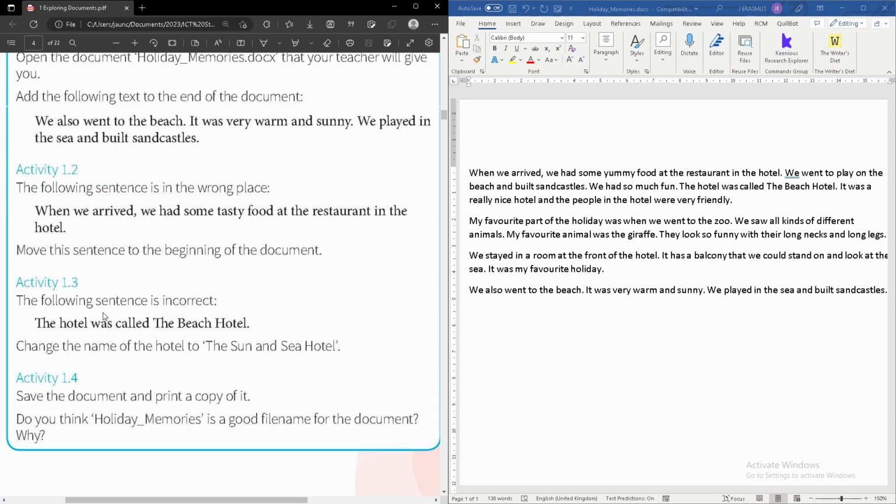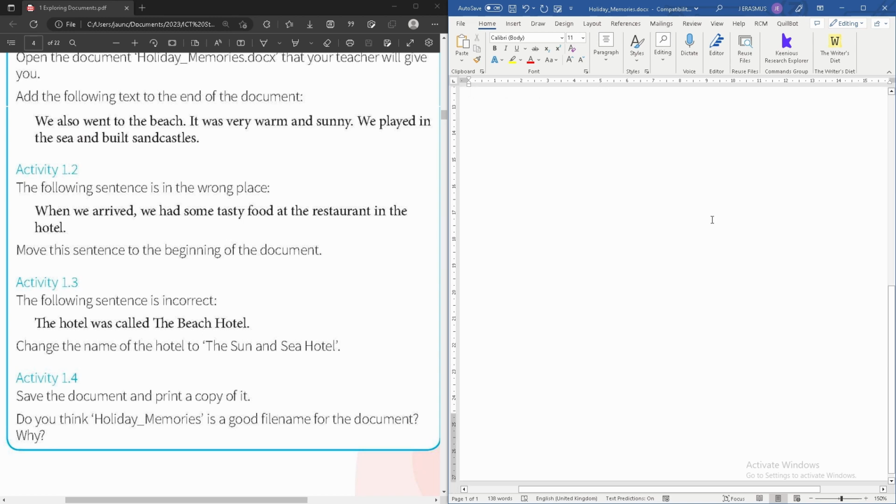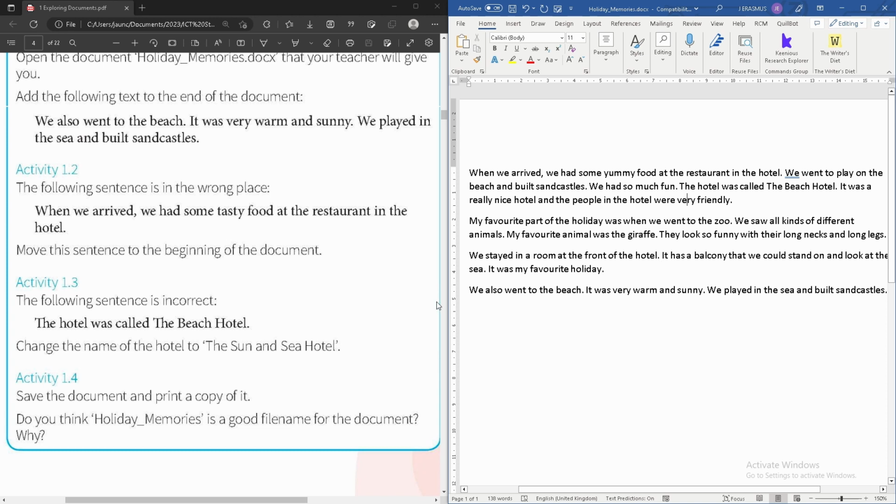Now activity 3, the following sentence is incorrect. The hotel was called the Beach Hotel. Change the name of the hotel to the Sun and Sea Hotel. So I know some of you might be lazy readers, and in this subject it's best to actually use the tools that we have. So sometimes you have a really big document to work with, and we have to find the Beach Hotel. So if you press Control F on your keyboard, so while keeping in Control, you press the letter